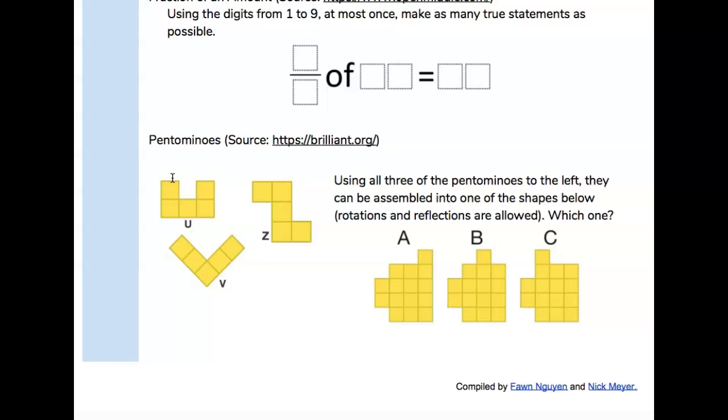What I would do if I were you is take a sheet of paper and cut out even squares. It's kind of like graph paper, or if you don't have it, just draw them: 1, 2, 3, 4, 5 squares in the shape of the U, and 1, 2, 3, 4, 5 squares in the shape of this Z. I see they're in the shapes. That's why they're U, Z, and V. 1, 2, 3, 4, 5. So you can see pent means 5. They each have 5 squares. So go ahead and cut these